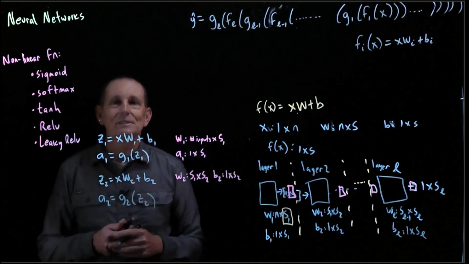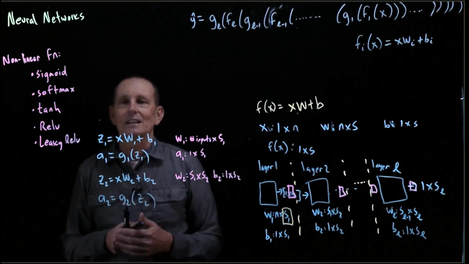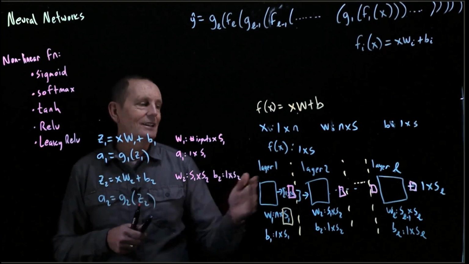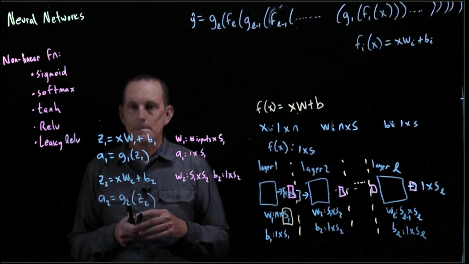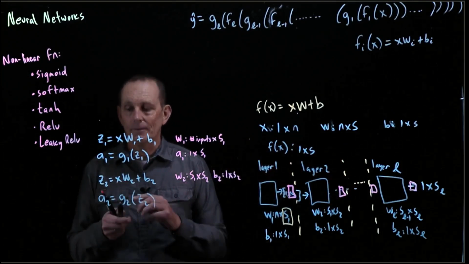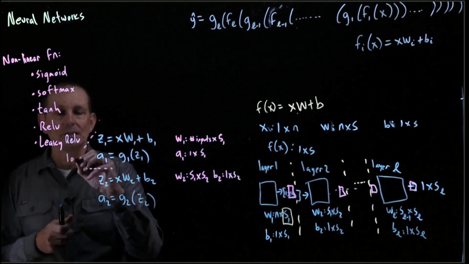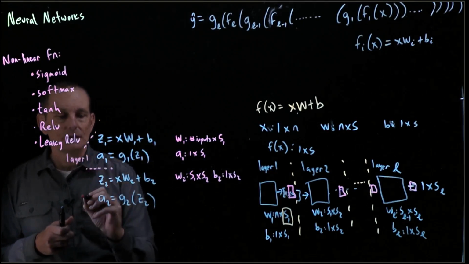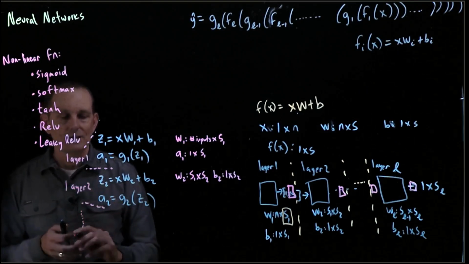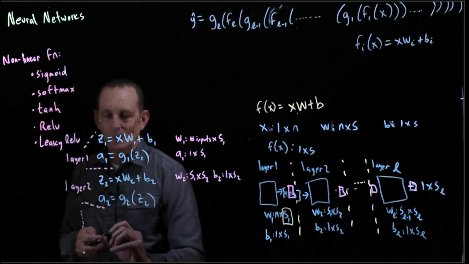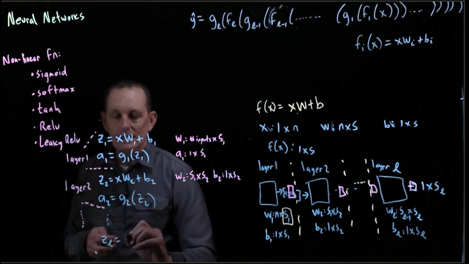So what is G1? Probably ReLU. G2? Probably ReLU. But you could have different intermediate activation functions. Often you have the same one for every internal layer, and then at the end you have a special activation function. But we could have different activation functions at every layer. So this is layer 1, this is layer 2, and we go for as many layers as we want, until finally we're going to say Z sub L, the last layer, is equal to,